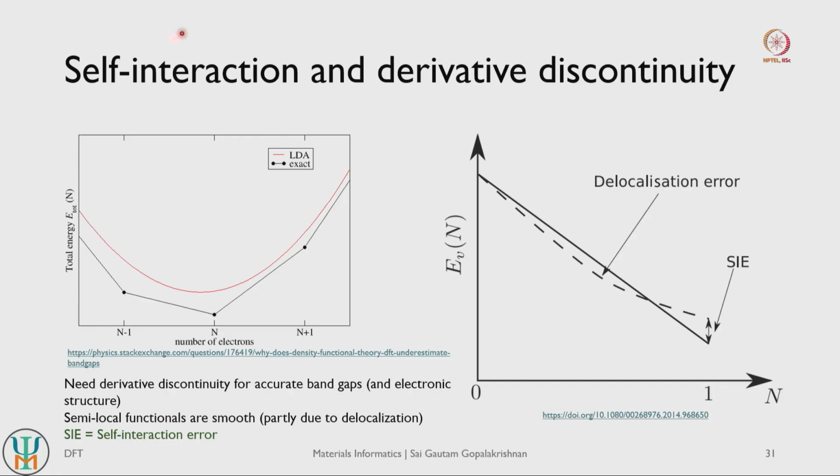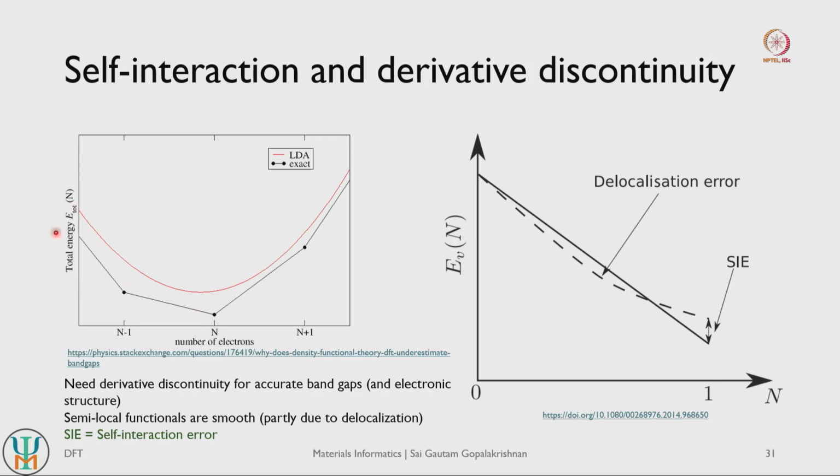Okay, and this self interaction error also leads to the lack of derivative discontinuity in a given system. So what I mean by derivative discontinuity, right? Let us say we are tracking the total energy of a given system as a function of number of electrons. I am either removing electrons, so I can ionize electrons here, or I can add an electron, to measure electron affinities of my system, right. Any system is guaranteed to have only an integral number of electrons. Electrons are quantum particles, so I cannot remove a fraction of them. I have to either remove an electron in its entirety or add an electron in its entirety, right.